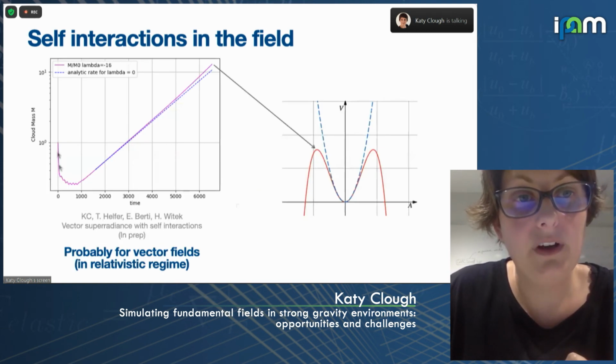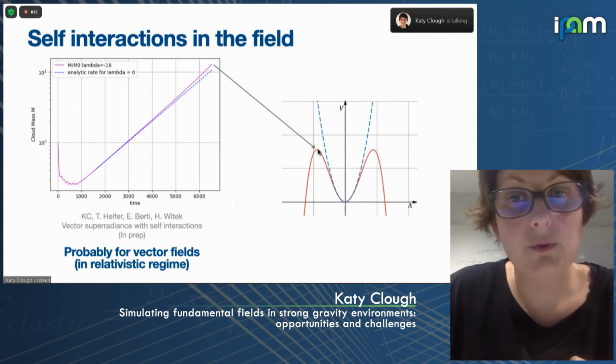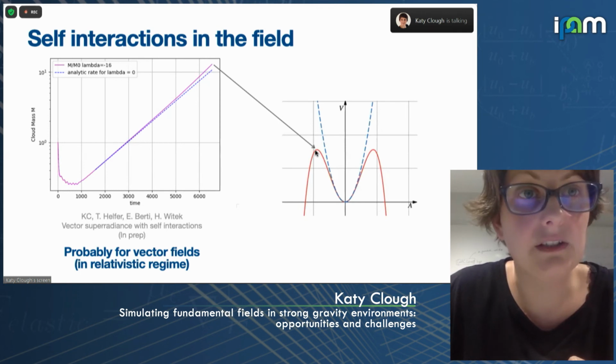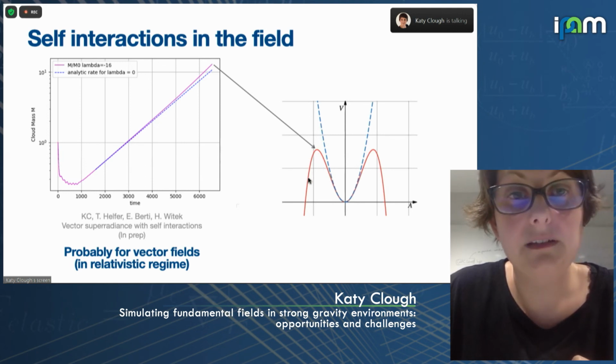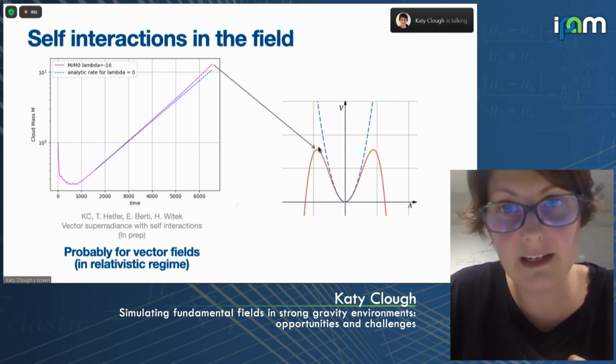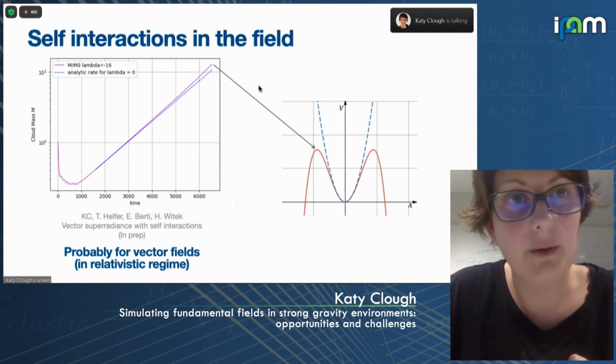However, we find that we ultimately get to the top of the potential without anything significant happening, without any kind of saturation occurring. Once we get to this point, we can't continue the simulation because the potential becomes unbounded. What that means is that the ultimate endpoint of this will be determined by higher order interactions in the field. We should have some kind of phi to the sixth, which then brings us back up here. But then it's the phi to the sixth term that's actually going to determine what happens, and not the phi to the fourth.